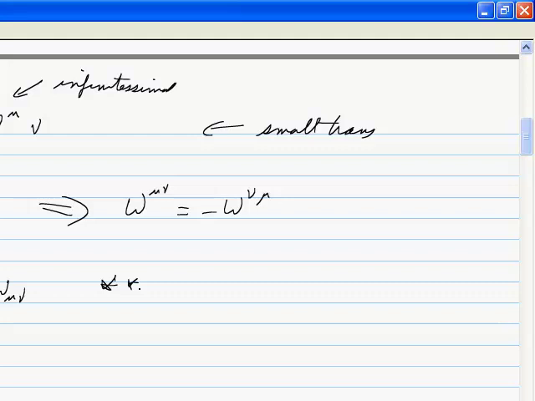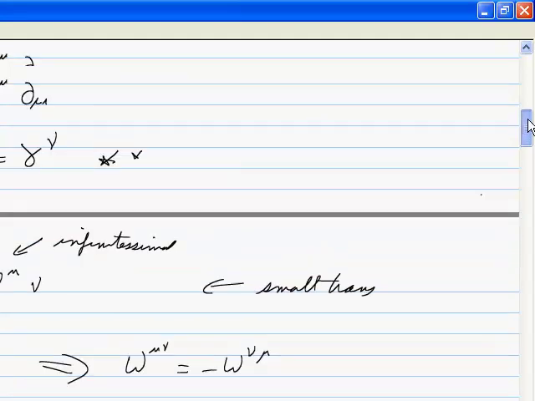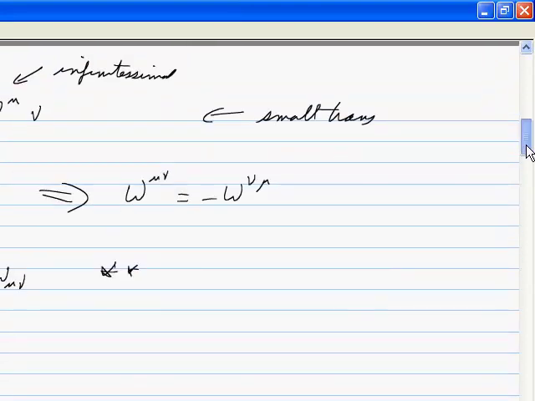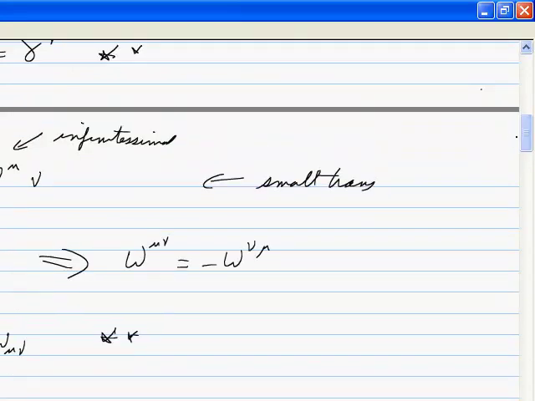That's the piece that satisfies the above equation. The calculation is just a bunch of commutators here and there, and you just do all these commutators out. But in a sense, it has to be. It's almost obvious, because if this is antisymmetric, this is some combination of Dirac matrices that's antisymmetric. There's only one combination of Dirac matrices that's antisymmetric.